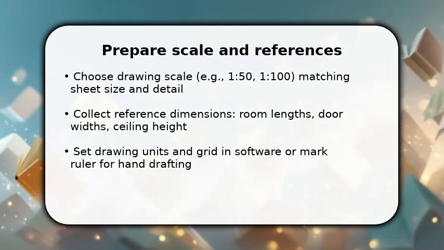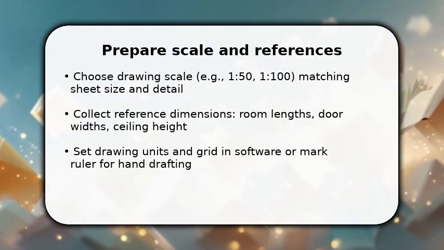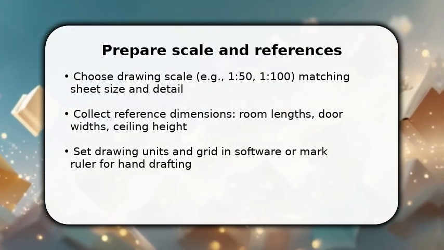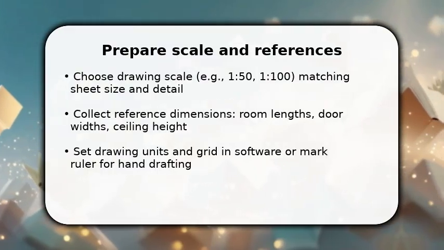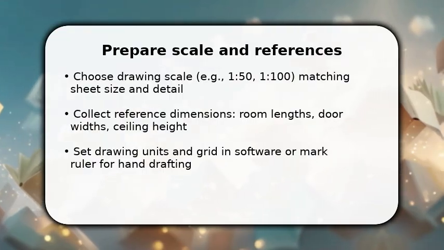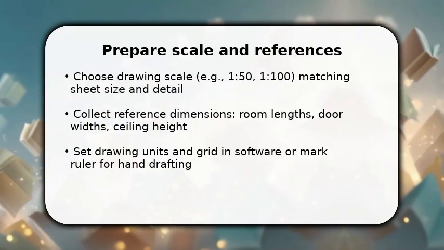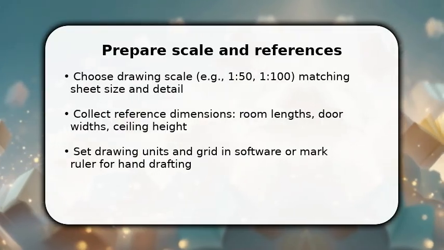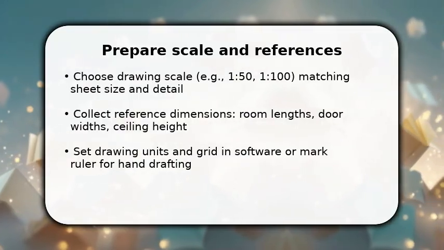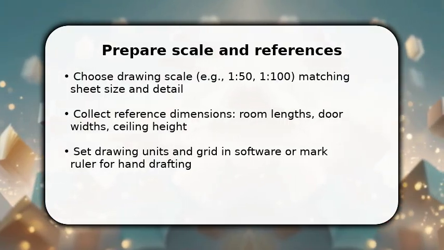You begin by locking a clear scale. Pick 1:50 or 1:100 to match paper or screen. Once chosen, convert a few key real dimensions to scaled values so you can check accuracy as you draw. Make sure to set units in your CAD or sketch app, or calibrate your architectural scale ruler if drawing by hand. This prevents rework. You will now transfer wall and opening dimensions using those scaled numbers to establish a reliable